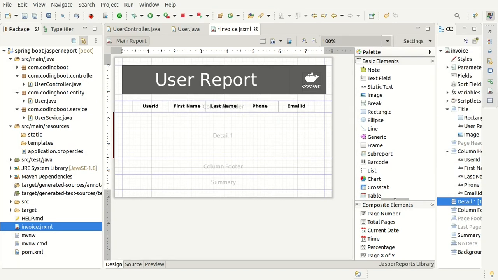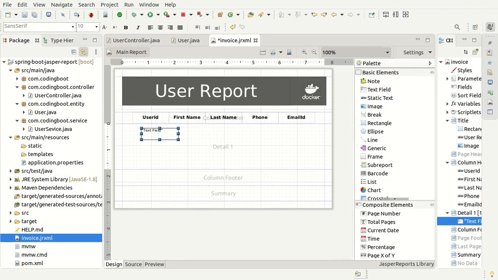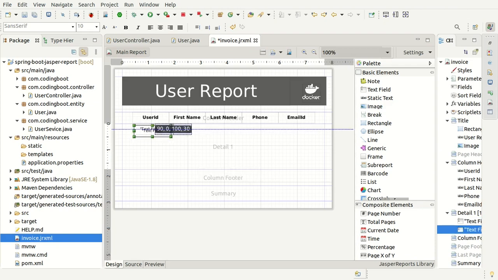Now I need to add what is called field names. Okay, these static texts are not going to be changed, and for the field names we now have to take text field, text field. Okay, make the same thing. Fine, and we have to add